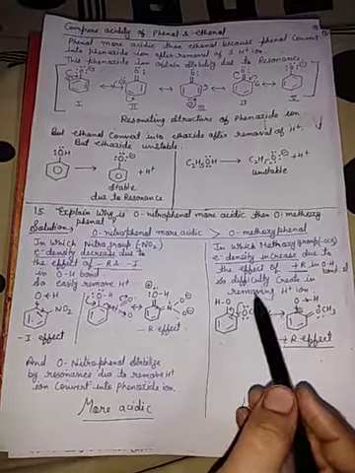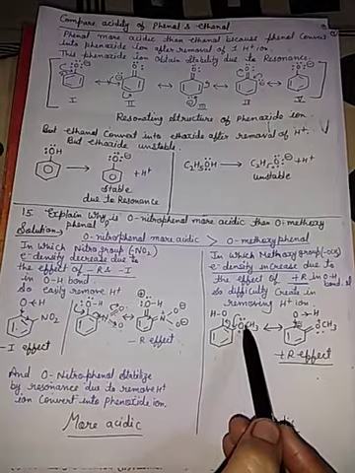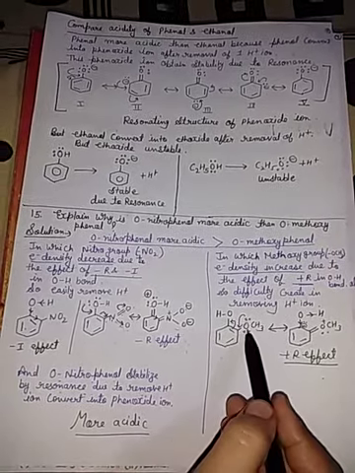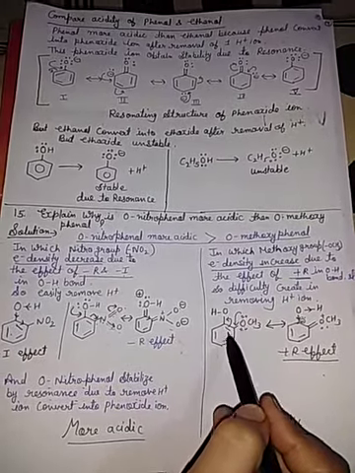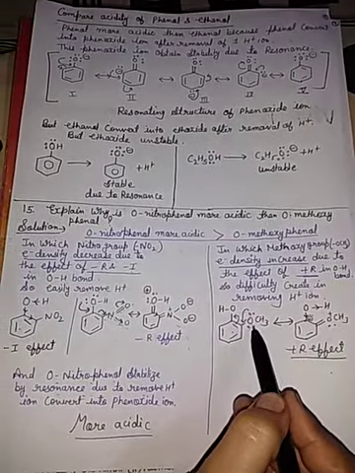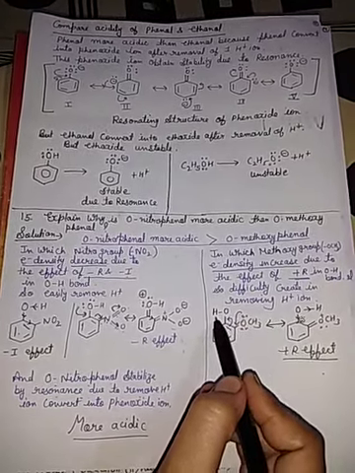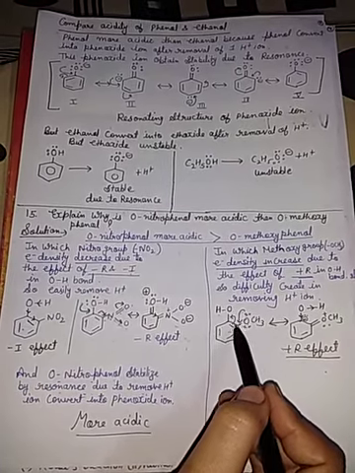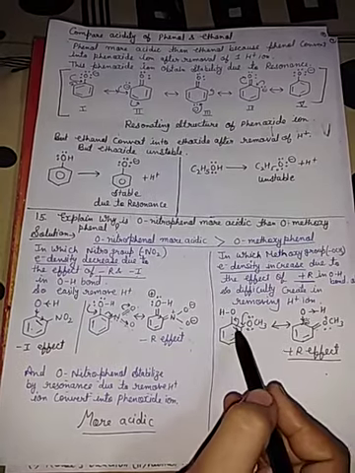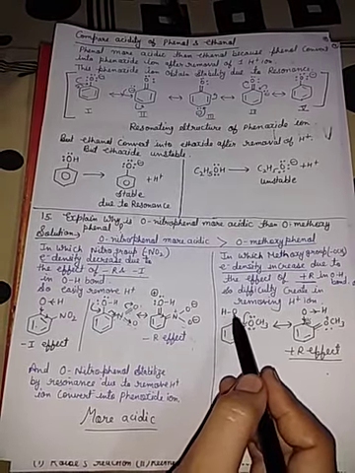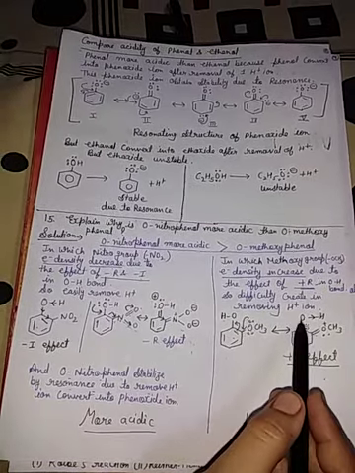Now see ortho-methoxyphenol. Ortho-methoxy means an OCH3 group is attached. So there are two lone pairs present on the oxygen. This benzene accepts electrons from the methoxy oxygen, not from the oxygen of OH. So the methoxy oxygen donates electrons, and a double bond appears on this side. Then the double bond electrons go towards the oxygen, and the back side goes forward towards OH.